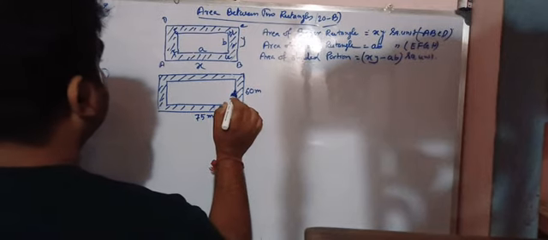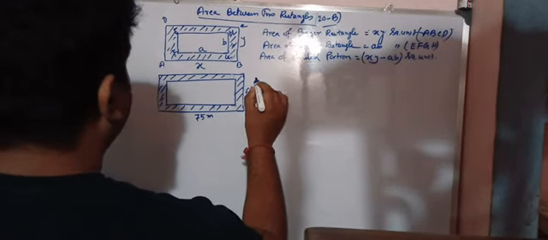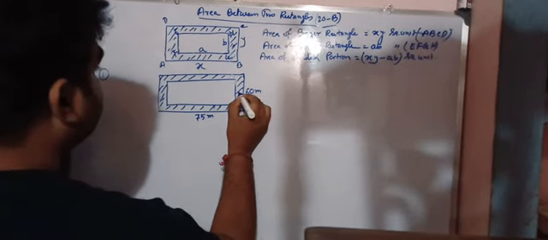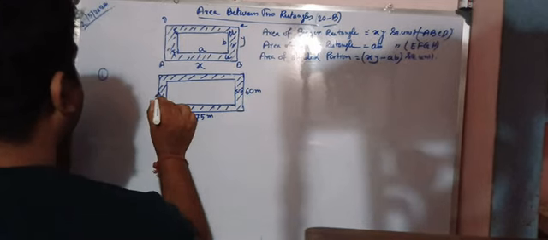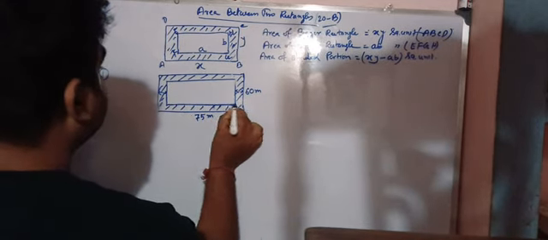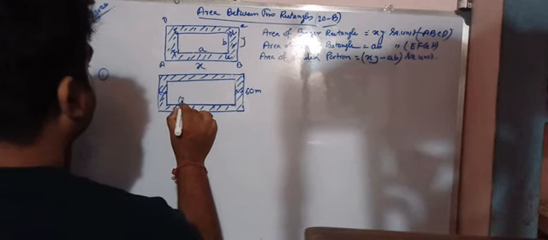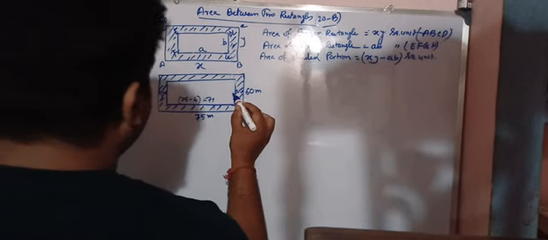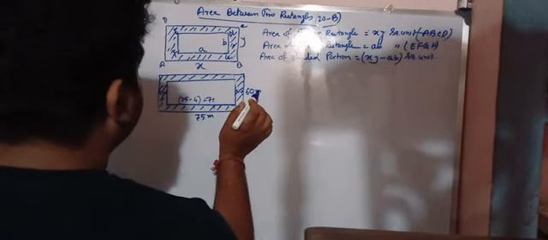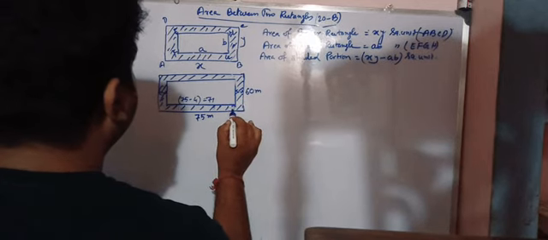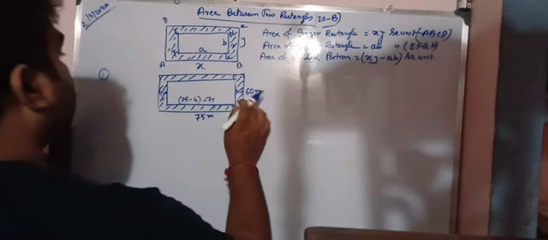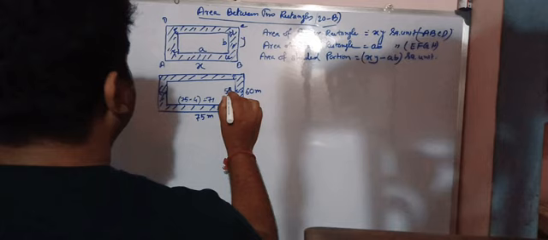So it is given that the path is 2 meter. So that means this is my 60. The smaller length, we should subtract 2 meter from here and 2 meter from here. That is, the smaller length should be 75 minus 4, that is 71. Next, the smaller breadth should be 60 minus 4, because here also it decreases 2 and here also it decreases 2. Understand that? So the smaller breadth should be 56.